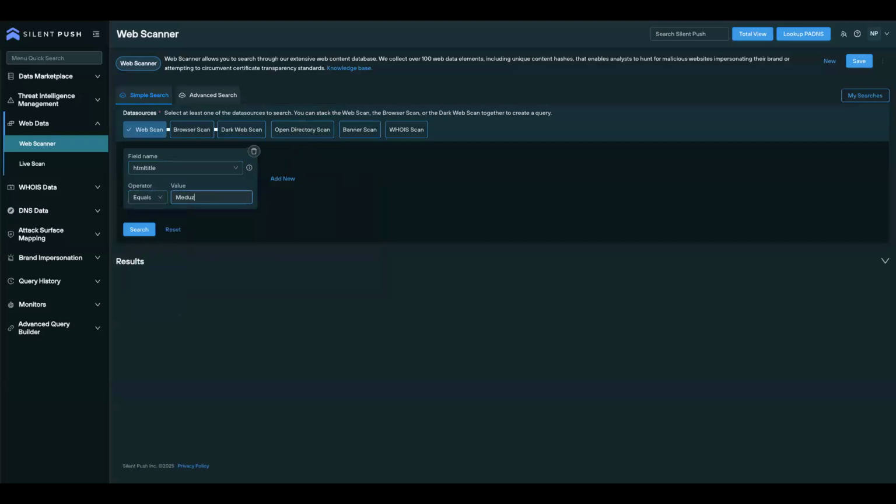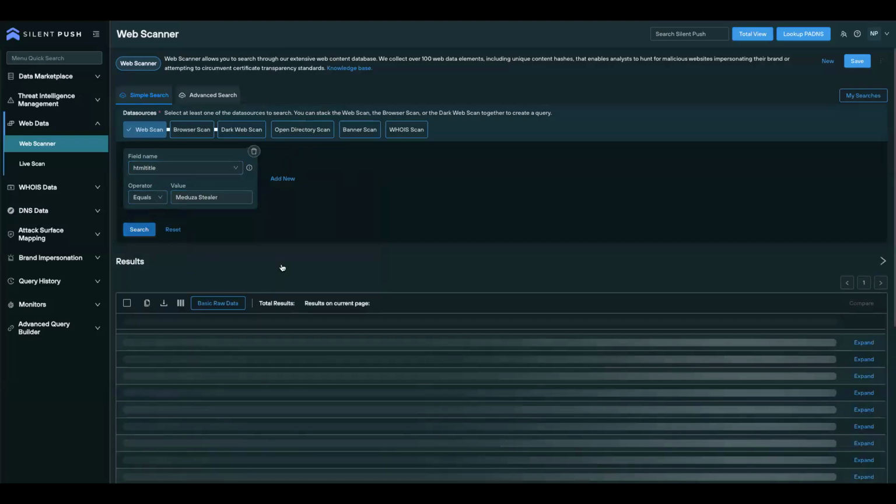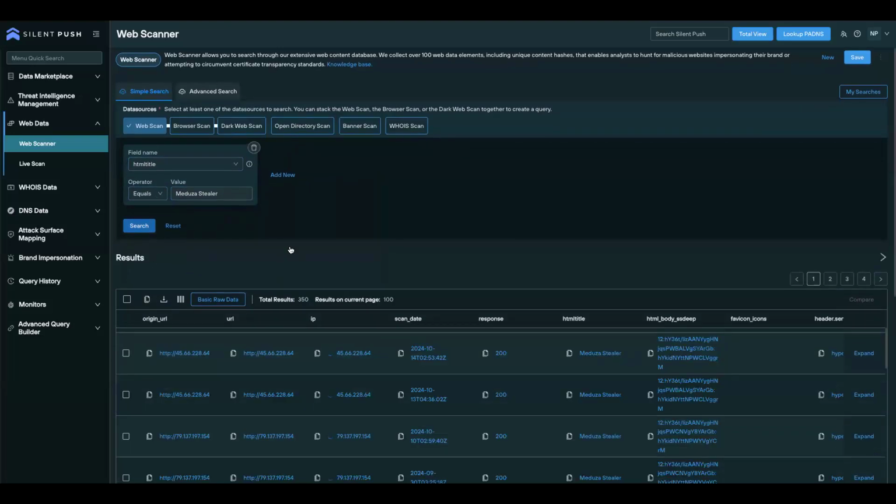In the example that I want to use here, we're going to go out and hunt for Medusa Stealer. And what we can do is use that HTML field name, because by default, you're able to purchase Medusa Stealer from a couple different Telegram channels and some dark web forums. When you purchased Medusa Stealer from any of those forums, it had on port 80 Medusa Stealer in the HTML title here. So a simple search of the HTML title field name with the Medusa Stealer value reveals about 350 unique results